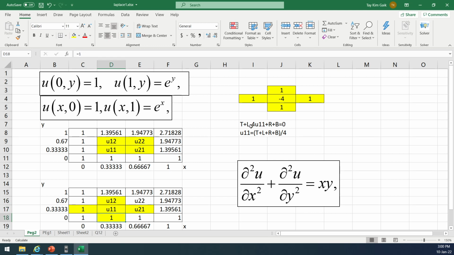If it is Laplace, it is equal to 0, but for the Poisson equation, this is equal to h squared, which is 1 over 9,